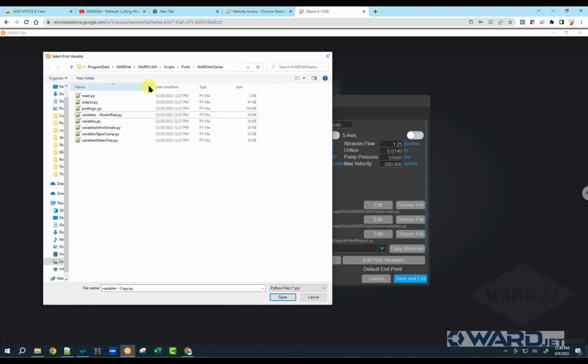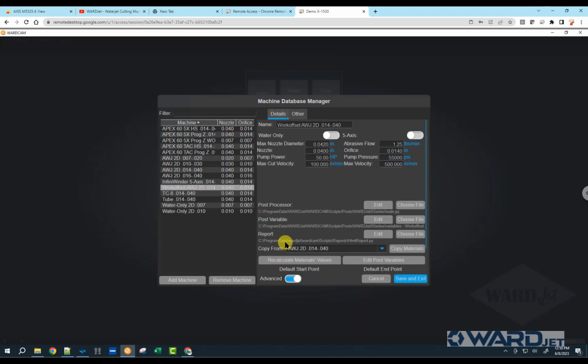And hit enter. And then I want to use that. So click on that, click on open. Now if I make any changes to the variables related to this machine, they're not going to affect my other machine, which is still looking at the default variables py file. Other settings there can stay the same. Click on save and exit,